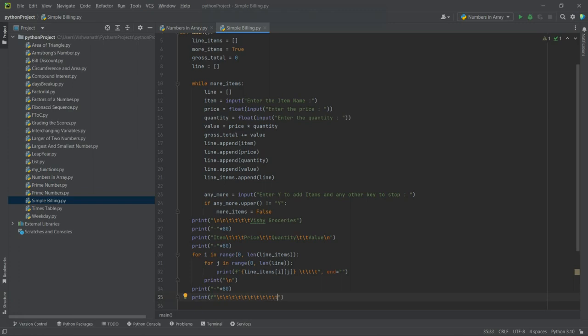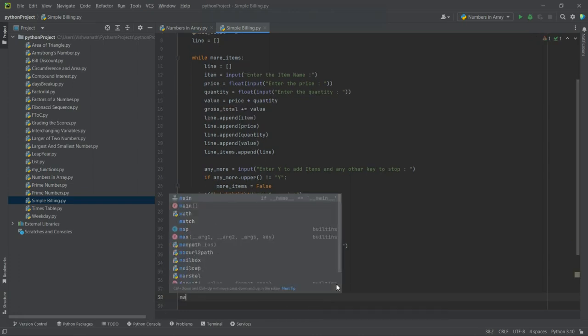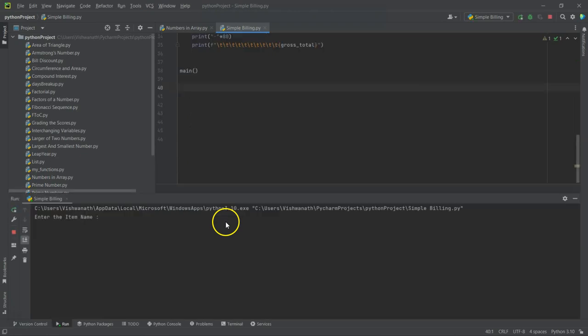Tab. Again, we will see whether we require to add some more or remove some tabs. Gross total. Okay. And now let's call the main function. Now let's run this. Enter the item name,